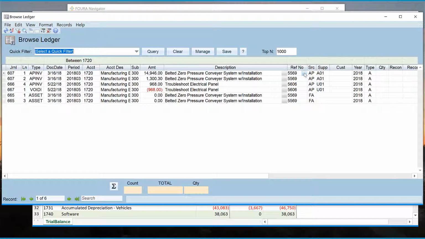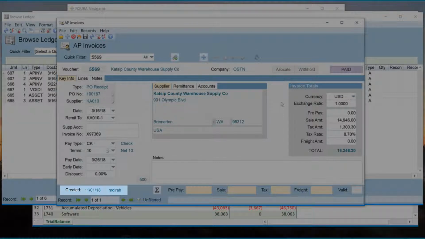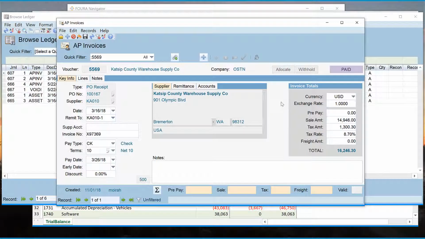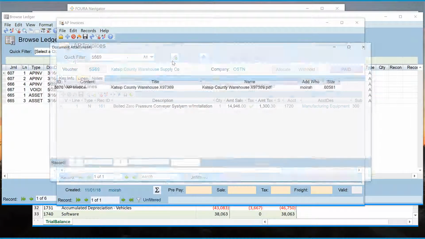Now I want to look to see who and when created this AP invoice, and I noticed it was entered by Moira H on November 18th. And now I can select the Line Tabs form and see the invoice line that posted to the general ledger for the conveyor system. I can see there's an attachment on the AP invoice, as indicated by the green checkmark